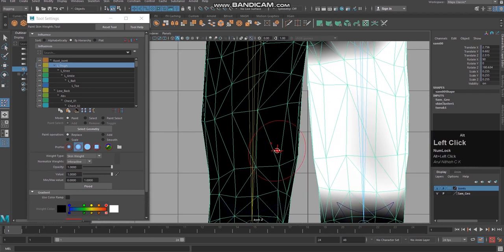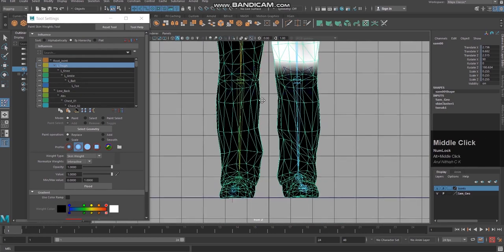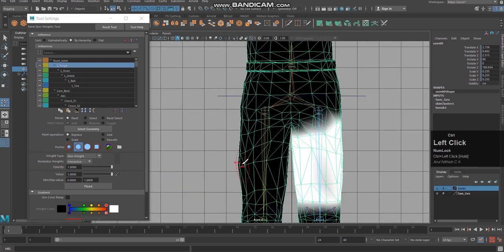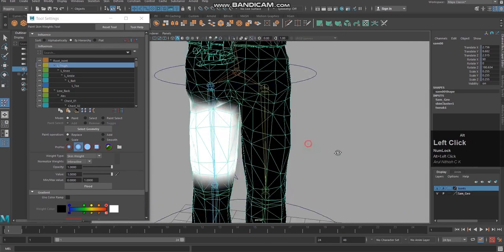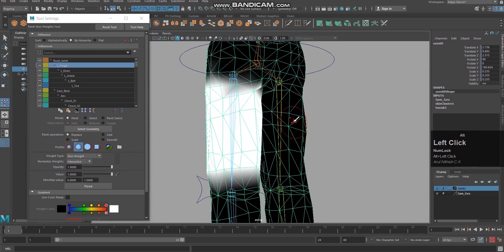You should paint very carefully. You should not paint here. Sorry, I should select control, to remove, because I'm going to remove the influence. Control. Select it and paint it everywhere. See here, I'm just painting it completely. I'm clicking on the control, going to the back side. I'm painting here, left click plus control.